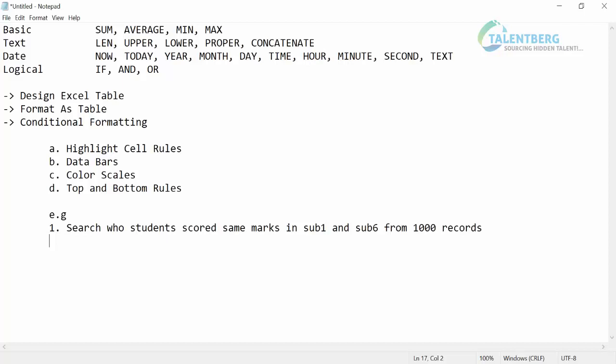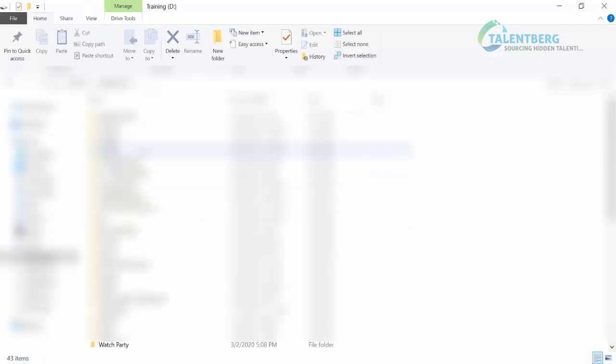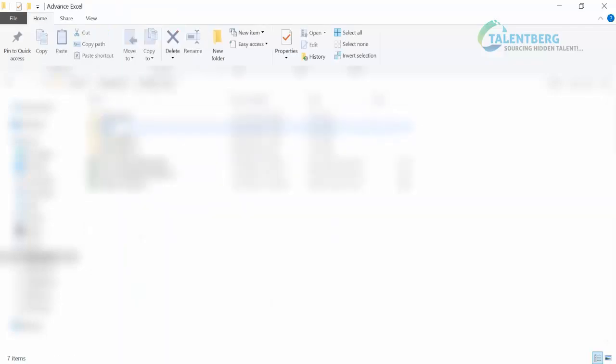So to do this, we use conditional formatting. I have such a list.